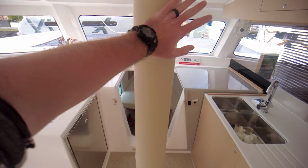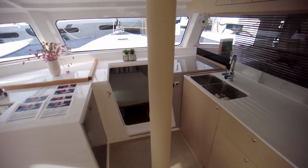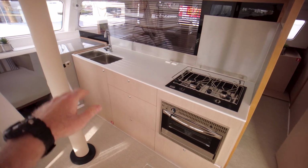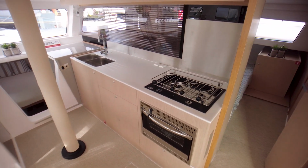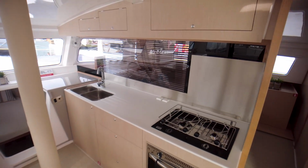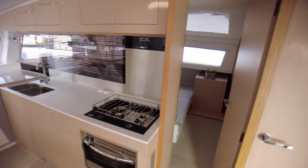I guess having the compression post right here isn't ideal, but obviously it's necessary. Now, I think the galley design definitely could be better, but that's a trade-off. For a boat that provides this much accommodation elsewhere, the galley seems a little small. The main cabin is right there to starboard, so I imagine that's the biggest limiting factor on the size of